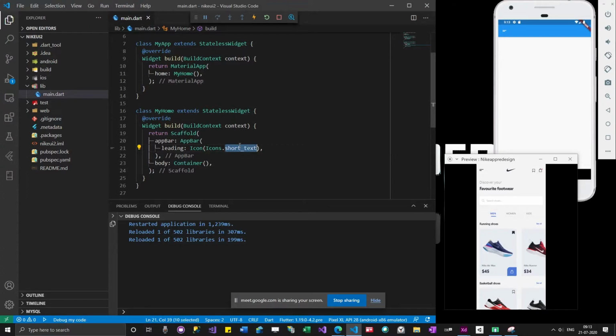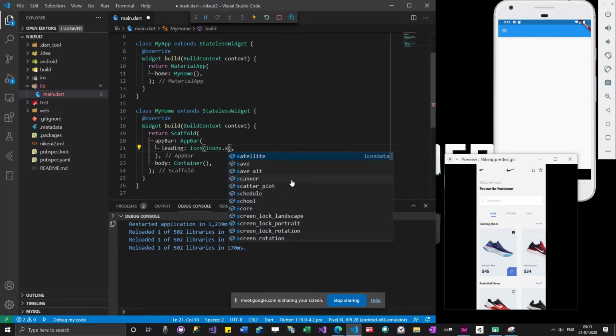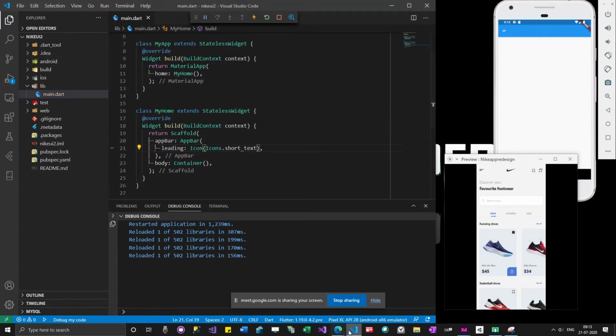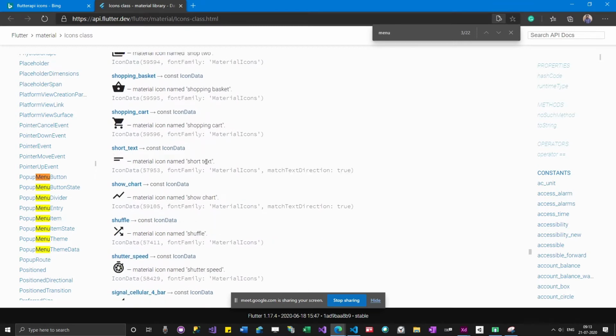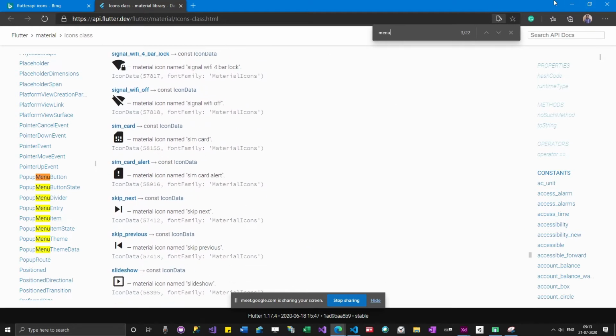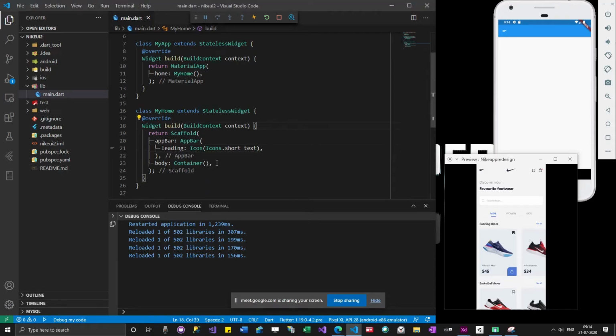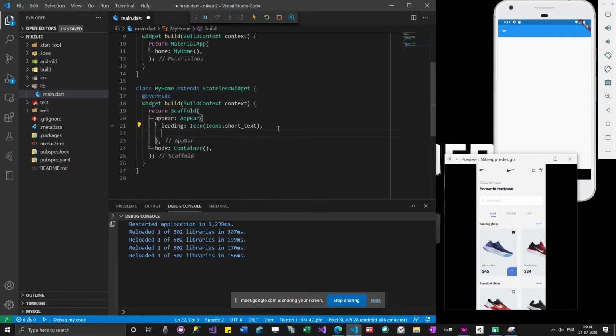Okay, so we have something like menu also, which will give three icons. If I place menu, it will show 3 icons. So this is a popular way of using menu, but here as per the design we have got this short text. Most of the icons are already given by Google itself, so by default you will have access to all these icons. Whenever you are practicing, instead of using images, you can use these icons to fill something over there.